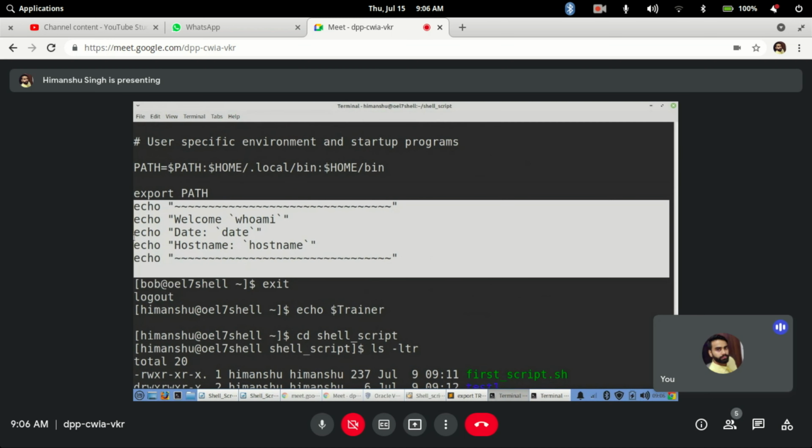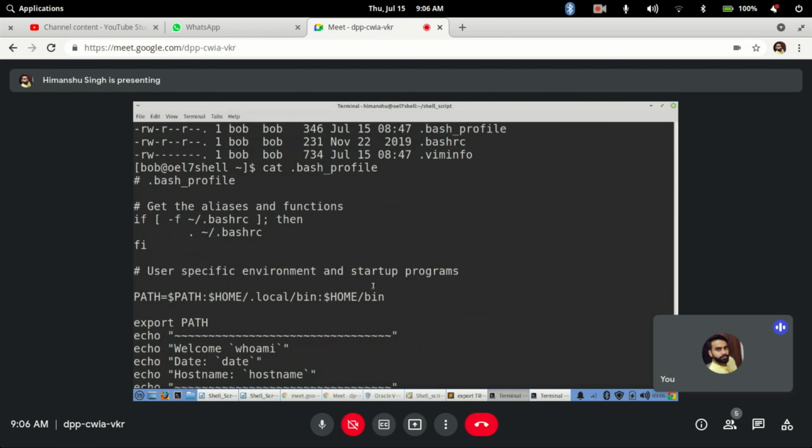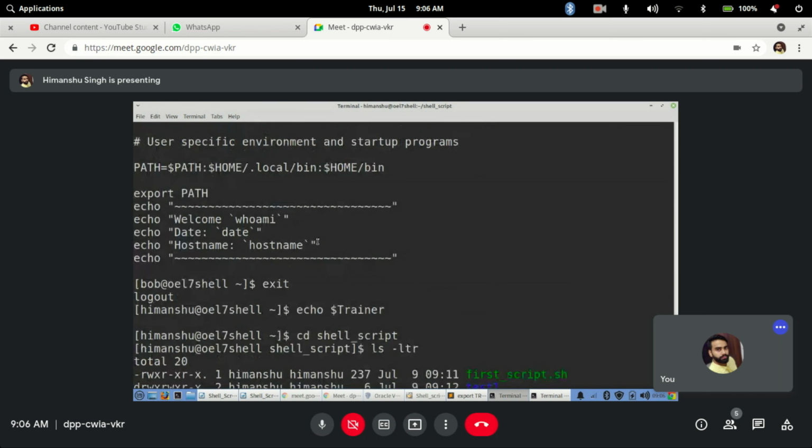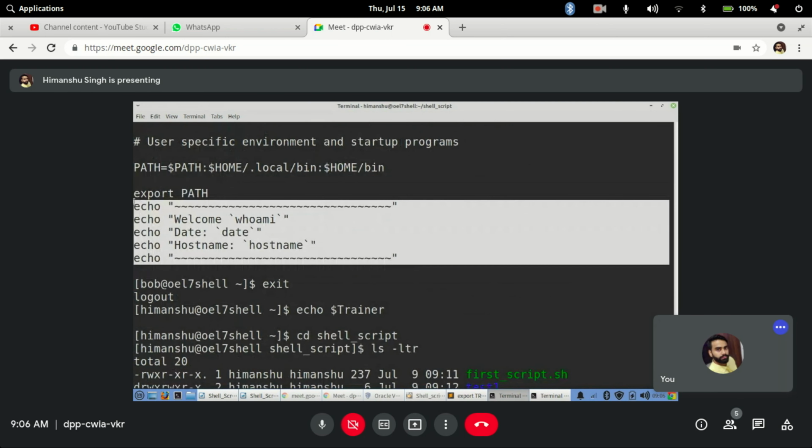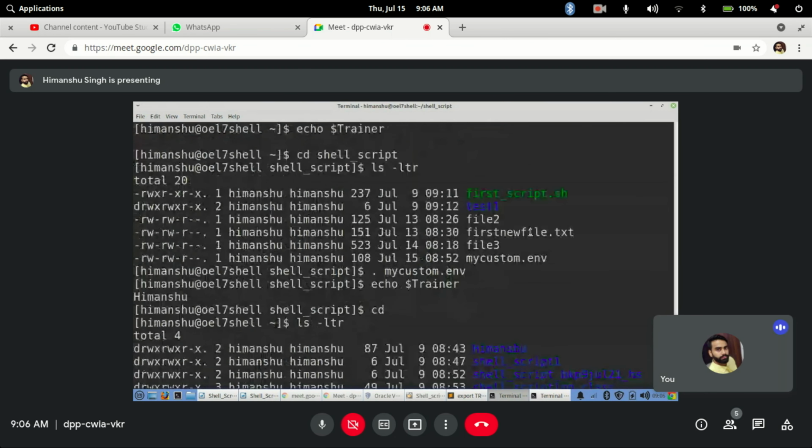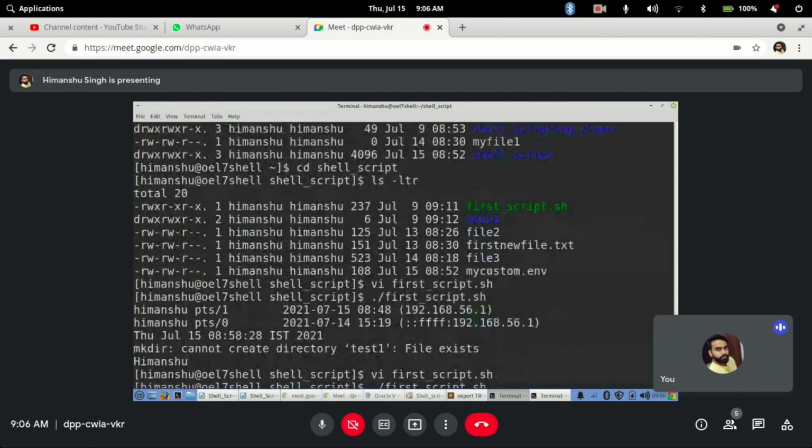This is also a type of script only. Everything you write, whether in bash profile or elsewhere, runs as a script. So don't get confused that the bash profile is anything different. It is just a way of segregating.